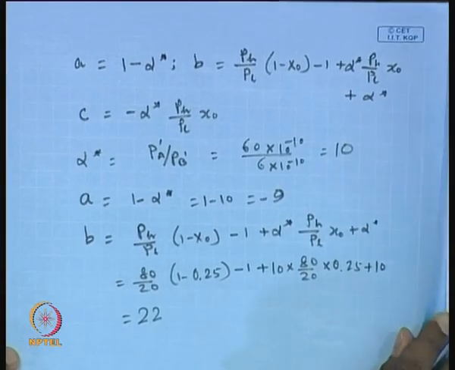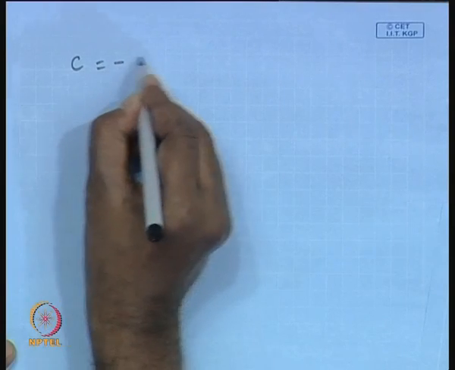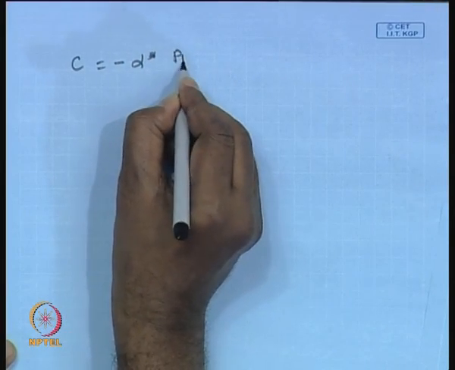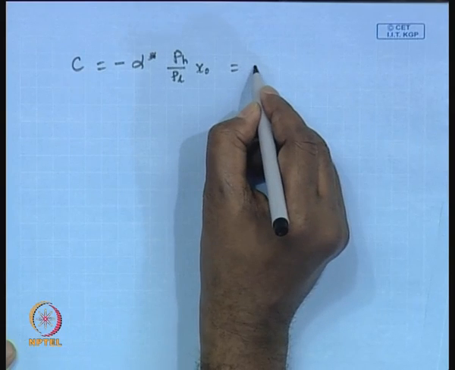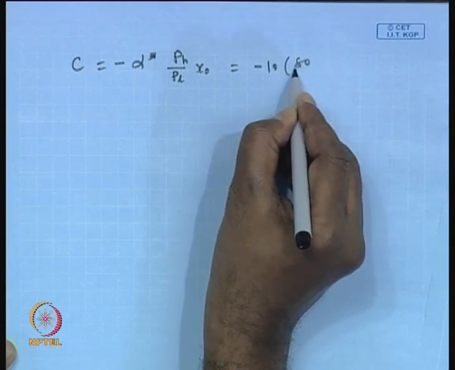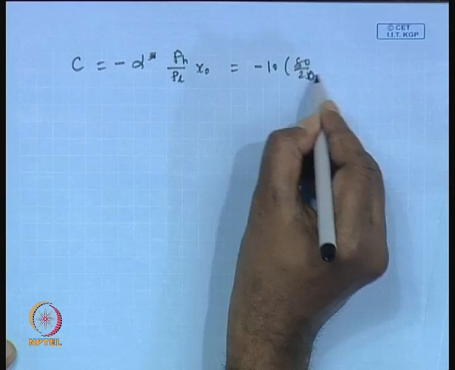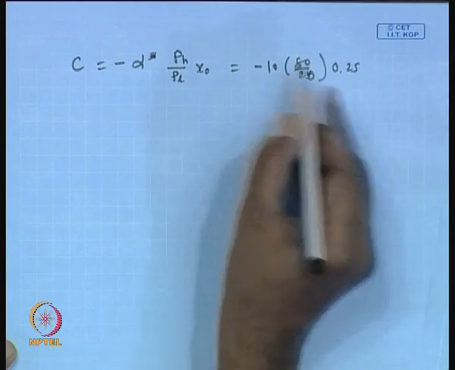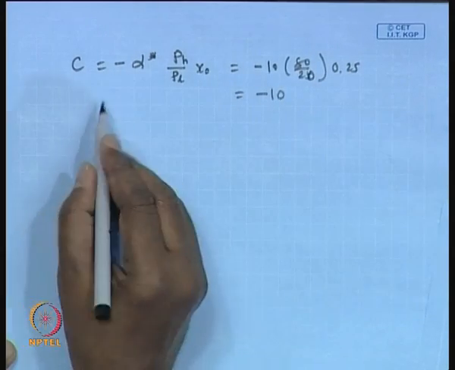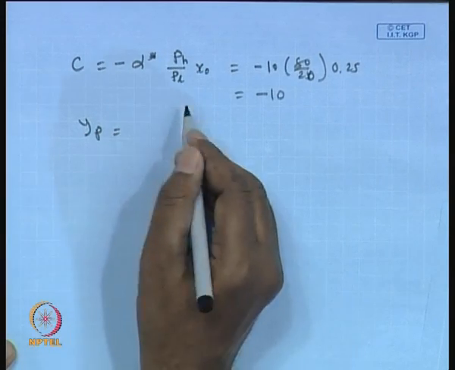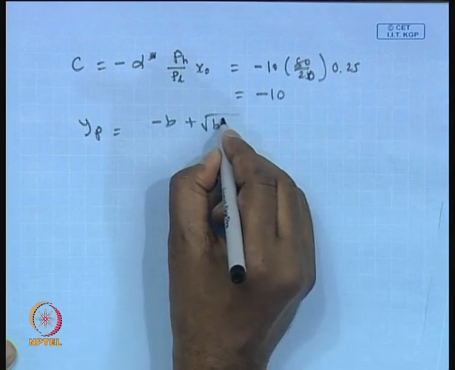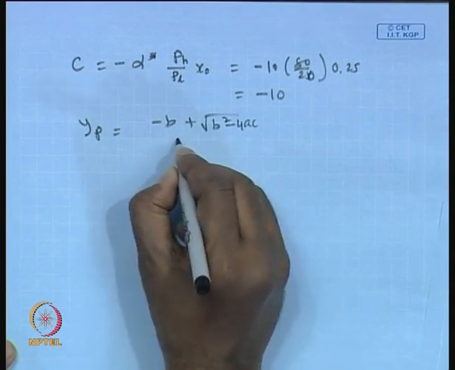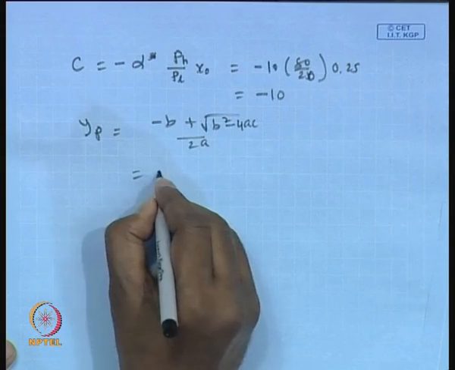Okay. Now, C becomes minus alpha star times pH over PL times x naught. Put the values, and this turns out to be minus 10 times 80 by 20 into 0.25, so it turns out to be minus 10. Now, if you put the values of A, B, C in the expression minus B plus square root of B square minus 4AC divided by 2A,